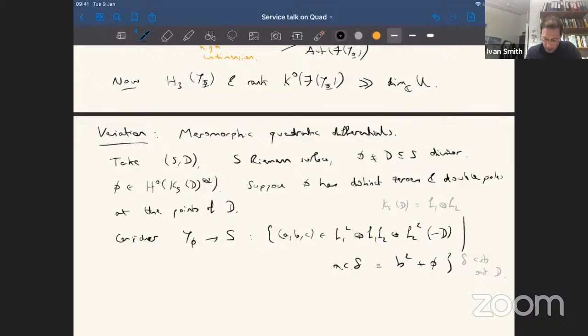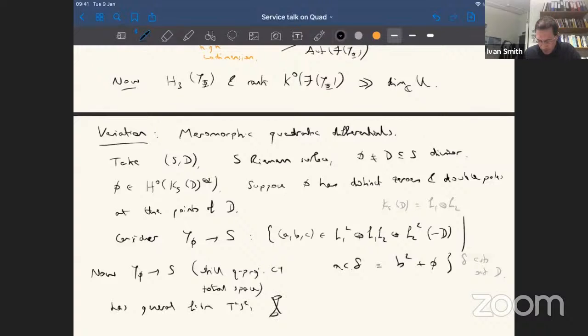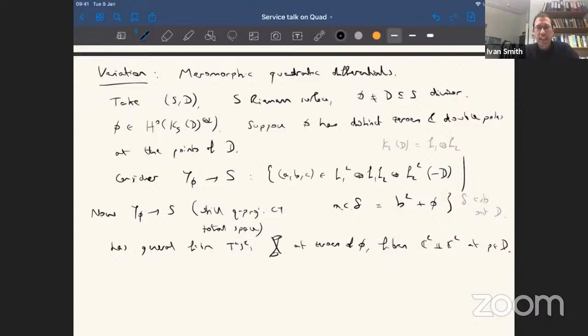So now Y_φ to S, which still has quasi-projective Calabi-Yau total space, has sort of general fiber T*S². It has these singular fibers as before at the zeros of φ. And it has fibers that look like the disjoint union of two planes at points P in D. And to be honest, I have to specify what this sort of local topology of the singular fiber is, because